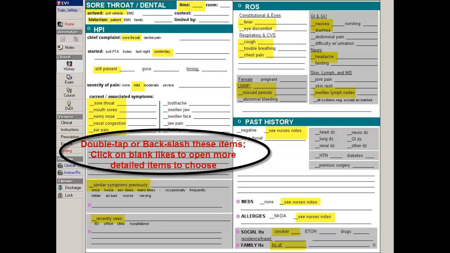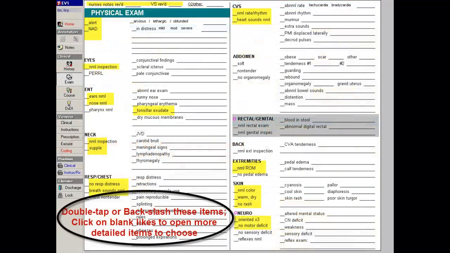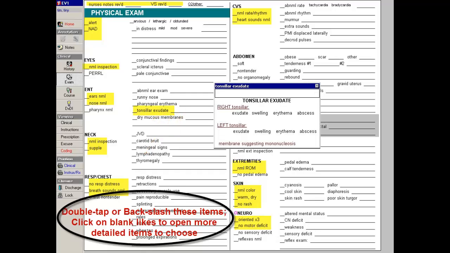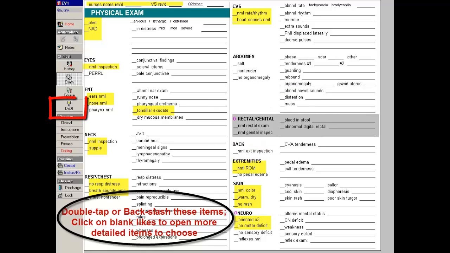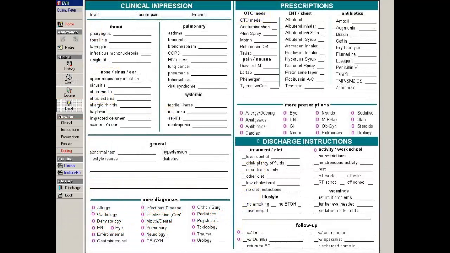Then tap the exam button. Tap to circle and backslash. By tapping the line, it opens up more detailed choices. Tap the DXDI button, tap tonsillitis,